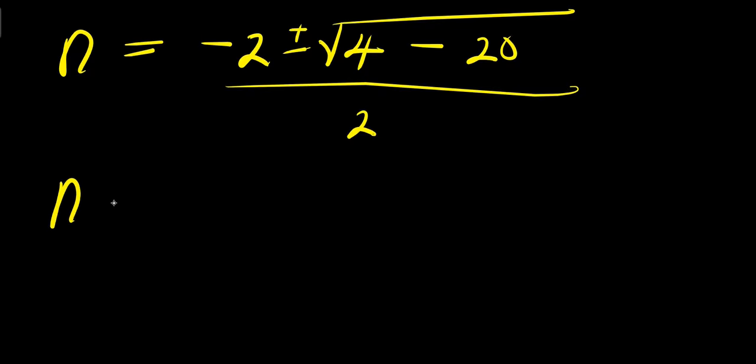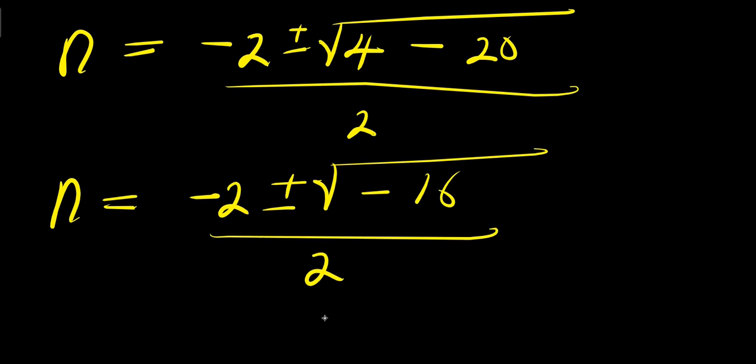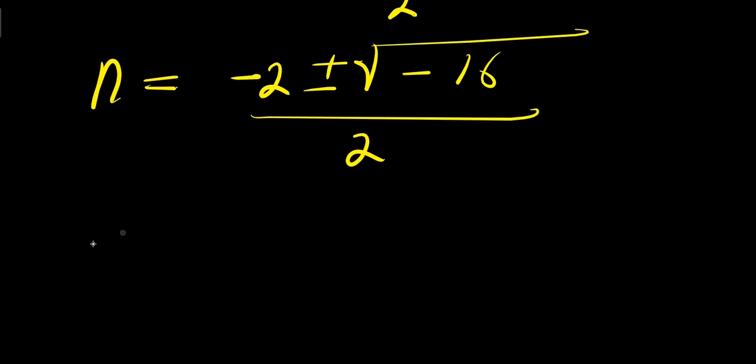So from here we have n equals negative 2 plus or minus square root of 4 minus 20, that is negative 16, divided by 2. So n equals negative 2 plus or minus square root of negative 1